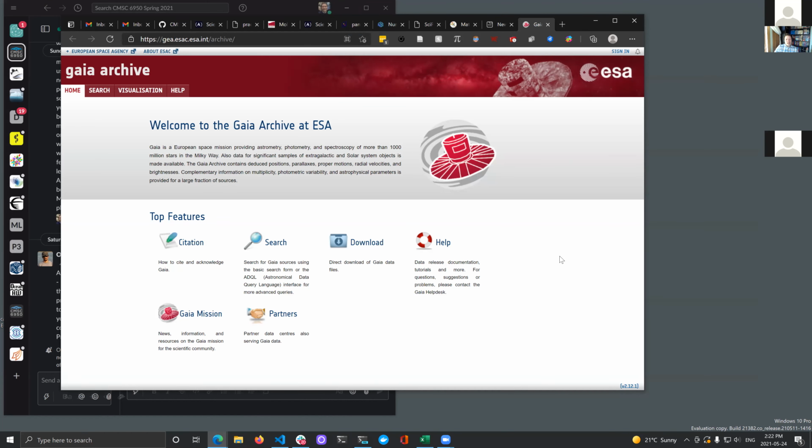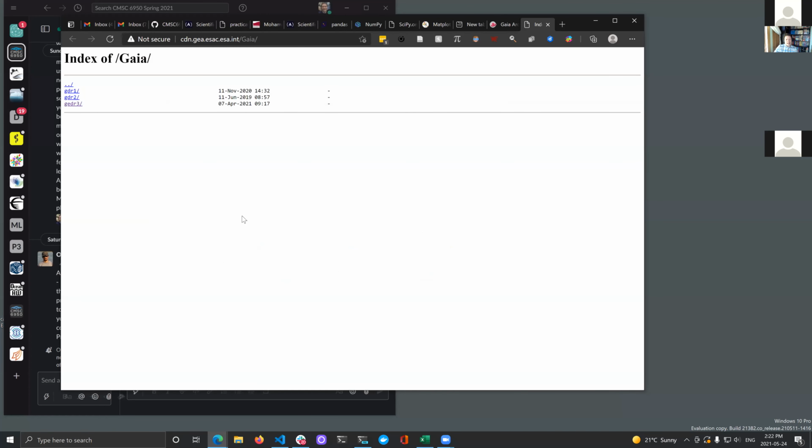Suppose you were a scientist and you cared about stars. You wanted to go and get information about the stars. You want to know how many stars there were. And you did some searching and you found this site that says the Gaia Archive. Well, what do I do with it? Well, there's a download page. I can go to it. I can download the data, and it gives me this rather